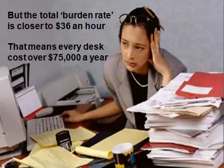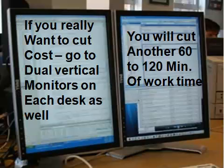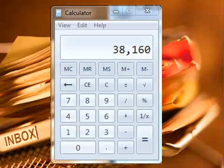Well, you know that. If you have 6 people in an office, your overhead's going to be about $300,000 a year. Well, getting rid of paper will free up 2 hours, 25% of the day, or $77 in wasted overhead. And if you're really a productivity maniac or hound like I am, you can even go to dual monitors and save another 1 or 2 hours a day of work time. So that means going paperless cuts overhead $77, dual monitors another $36 to $77. That's $144 per day. That means every person in your office, you can save $18,000 to $38,000 a year in